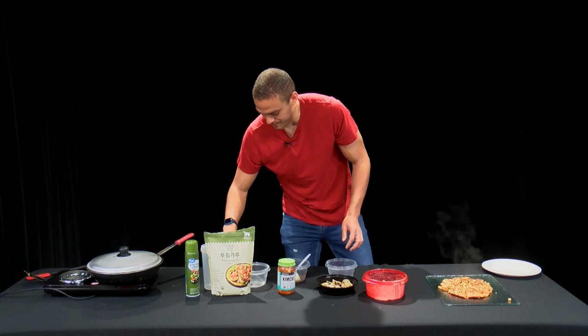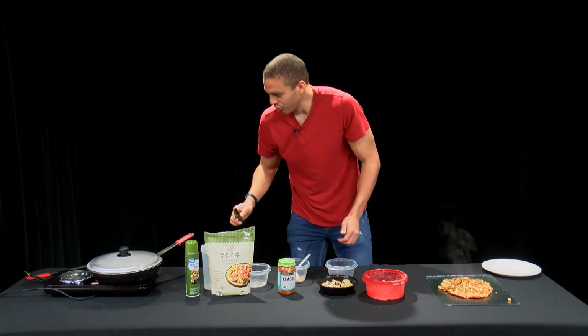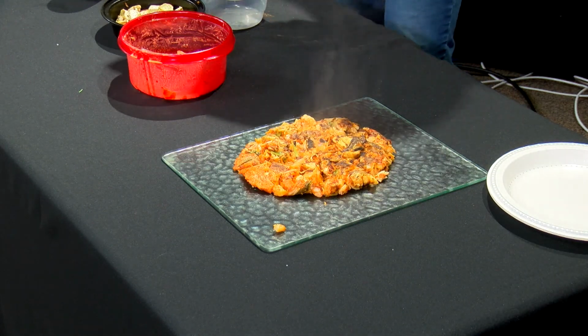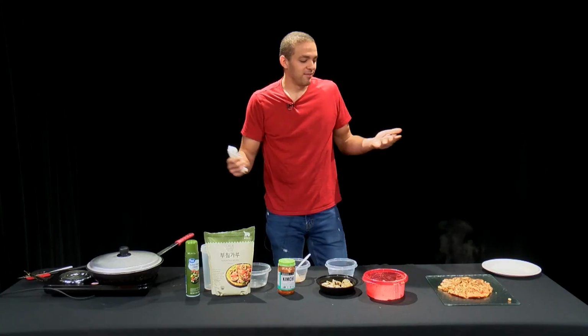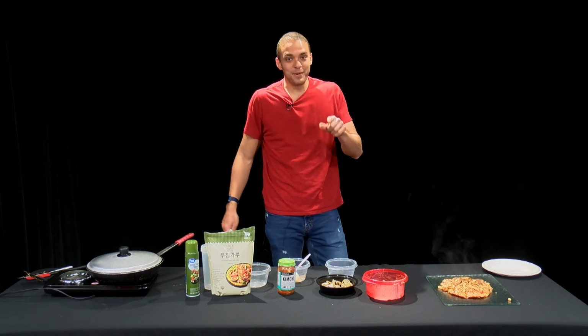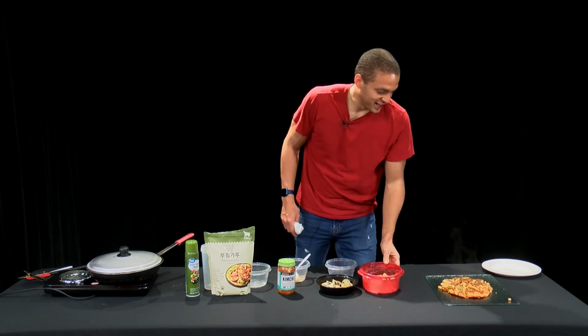Savory, kimchi forward, fermented flavor. I don't know where to put my knife. I'm just going to put it right there. But again, kimchi pancake, savory, little spicy, fermented, umami, crunchy, great batter. Easy to make if you have a good pan. Just kidding. It's still easy to make. Just the flip can be difficult. Flipping things on this show has been difficult. We've had our trouble with stickage, but as you can see,